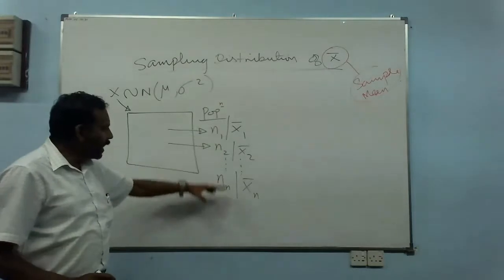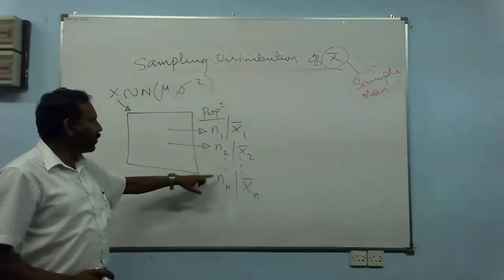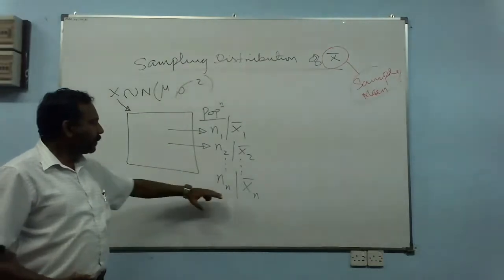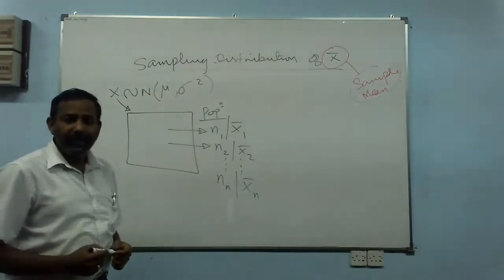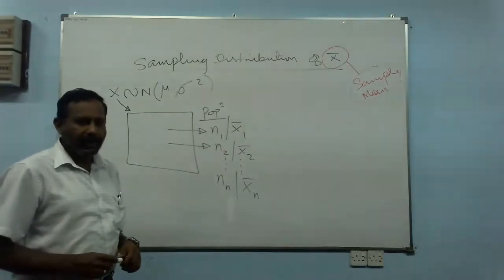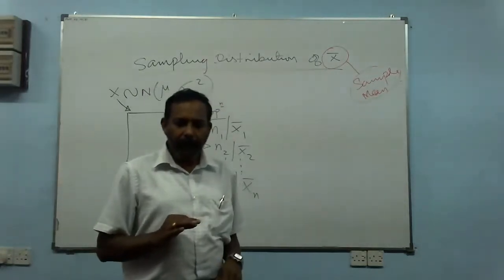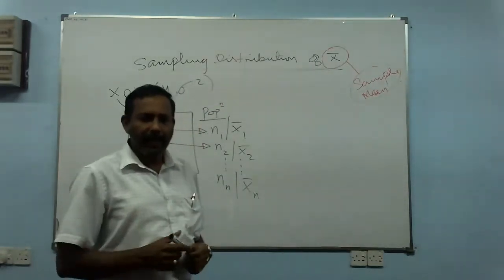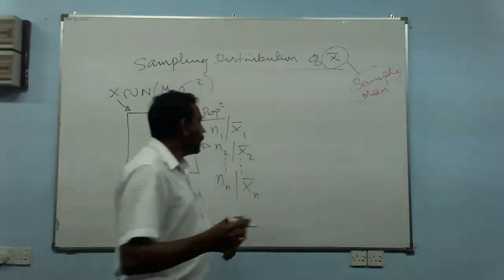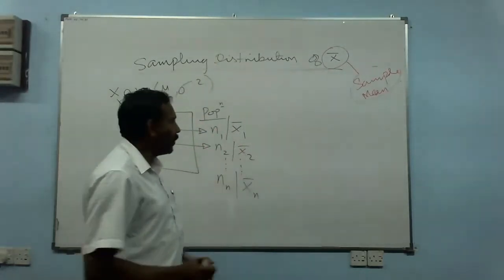So I am taking n number of samples, N1, N2, up to Nn, and then I am taking the mean of each. I am taking so many samples as such. Now, if I plot these values statistically,